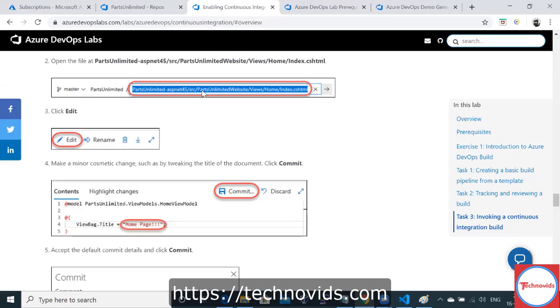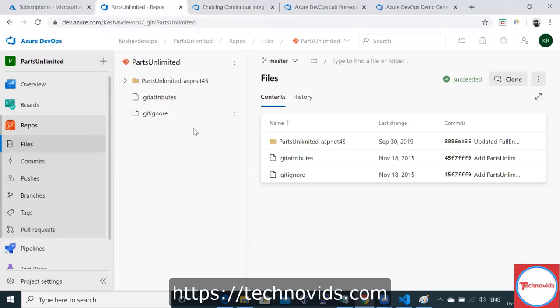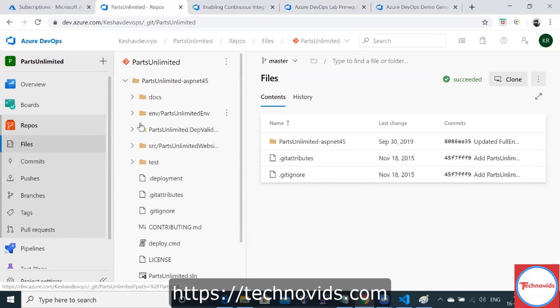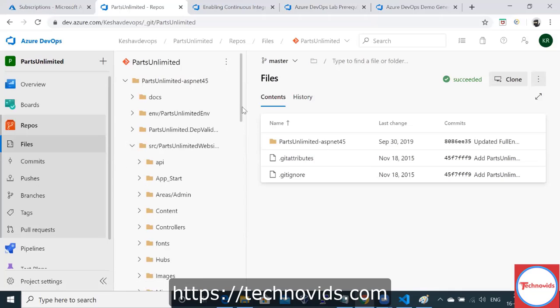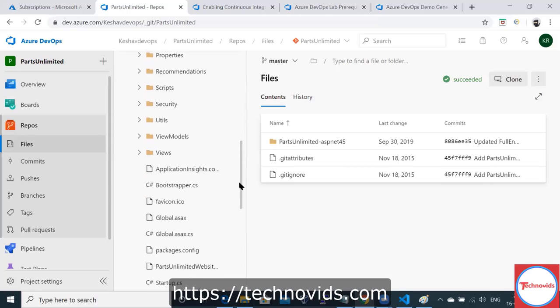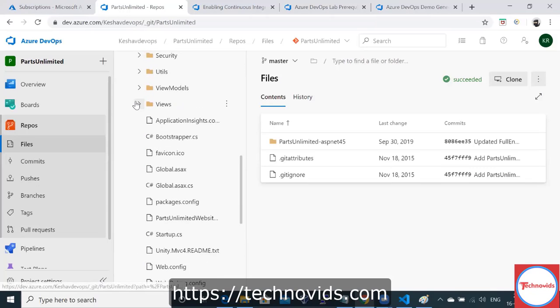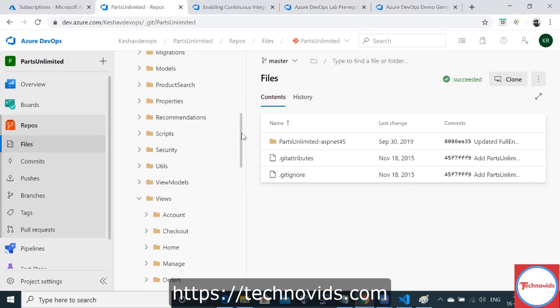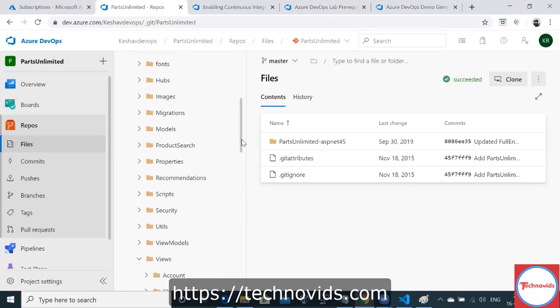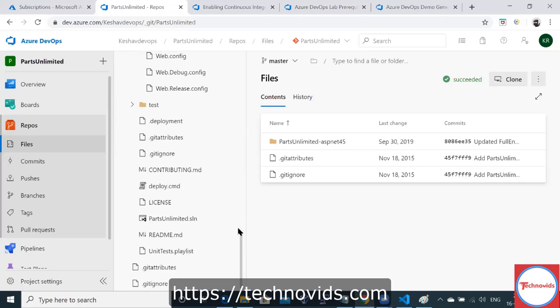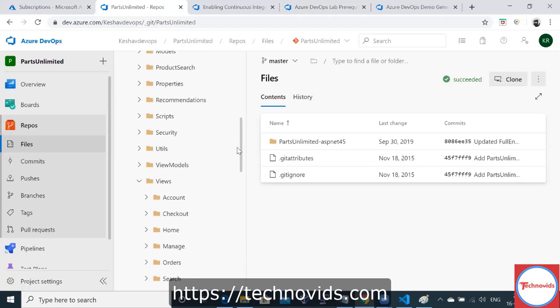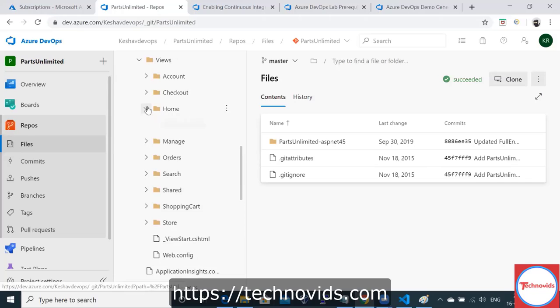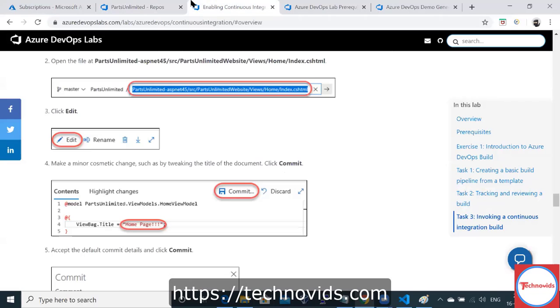Parts Unlimited, source, website, views, home, and which one?